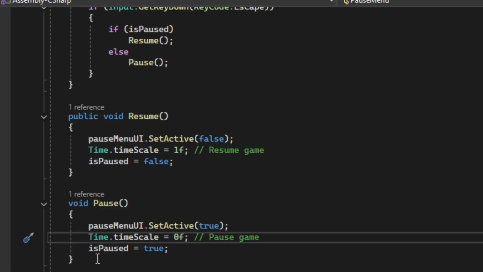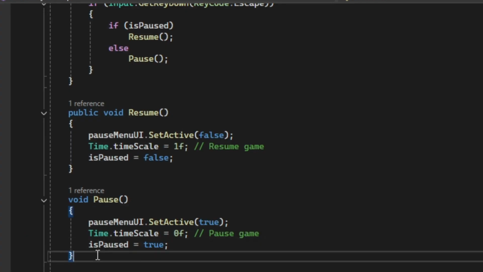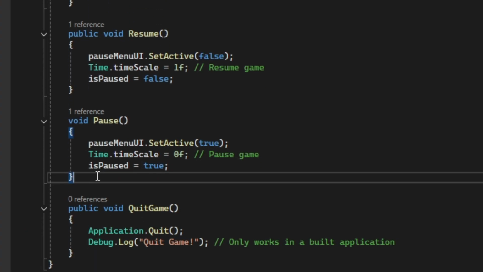paused. Next is the Pause method, where it has three variables. First is the pauseMenuUI SetActive true, where it displays the pause menu UI. Next is the Time.timeScale, where it freezes the game by stopping all in-game movement and physics. Lastly is isPaused equals true, where it updates the flag to indicate that the game is